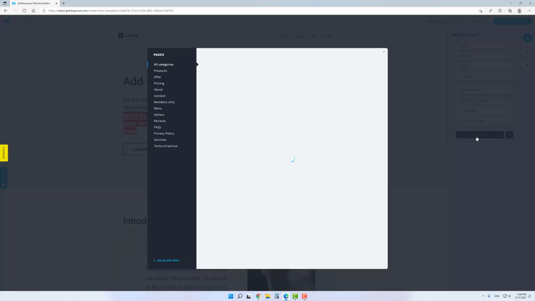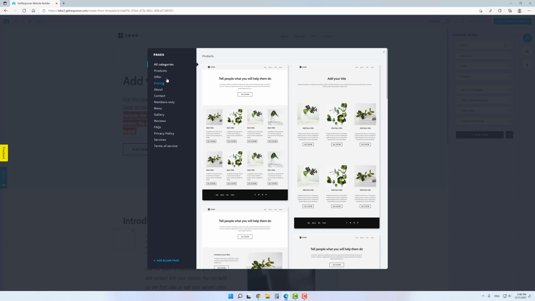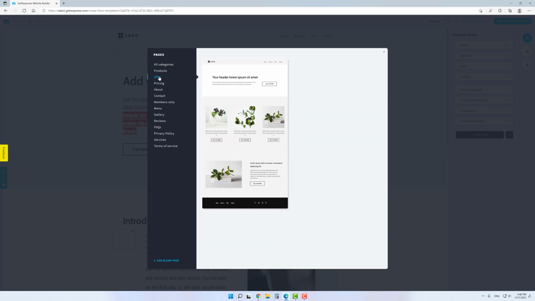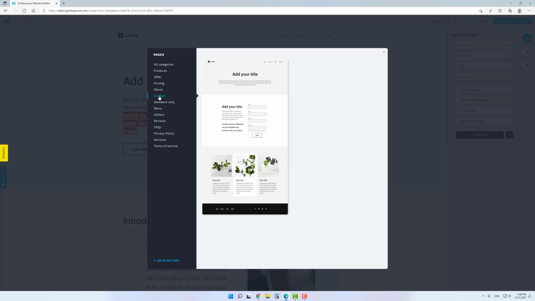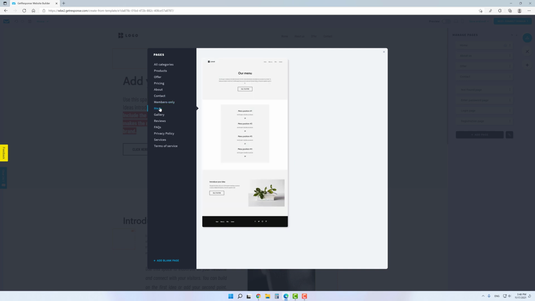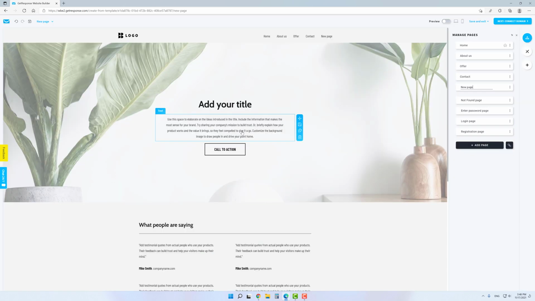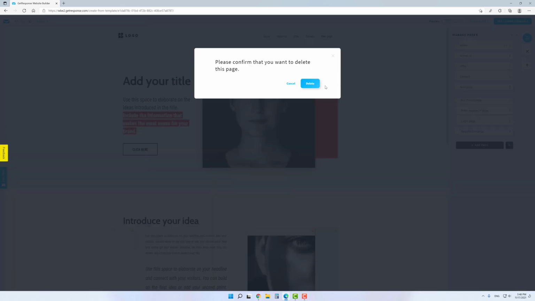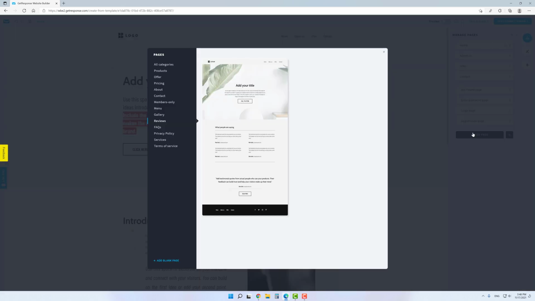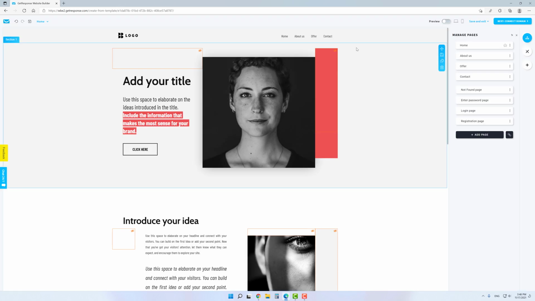What I do like in GetResponse website builder is that they provide you with a decent amount of ready-made essential page templates, so that you don't have to create them from scratch. This is extremely convenient and saves a lot of time. Simply click on a template that suits you well and boom, it's ready for being customized and already appeared on the menu and on the right panel. Of course, in case you'd like to add a blank page, you are free to do so as well by clicking the appropriate link.